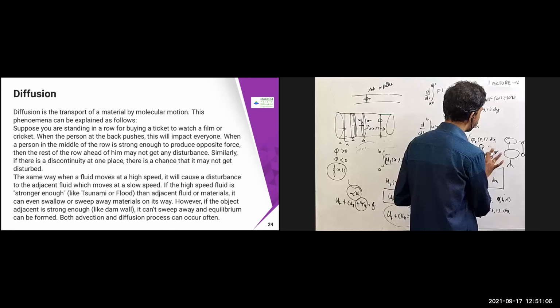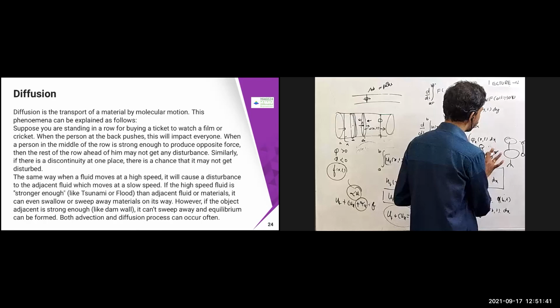So mathematically, what is the meaning of it? The measure of the flow, phi, is proportional to the gradient of the concentration of the substance. So how much concentration is going to flow. In the 1D case, I'm going to measure it this way. phi of x comma t is the quantity which I have measured, so phi of x comma t equals minus k u_x, because this is the gradient which I have measured.